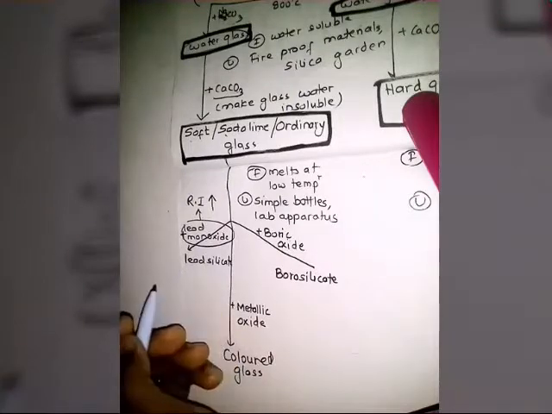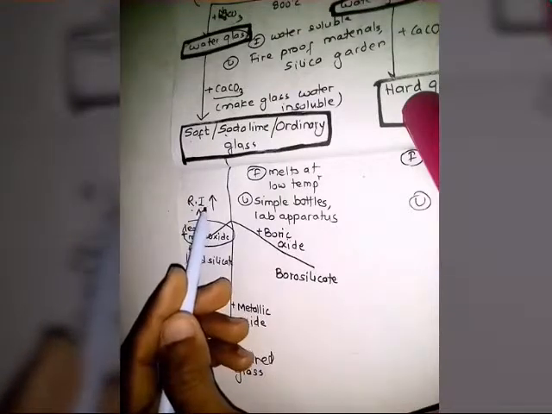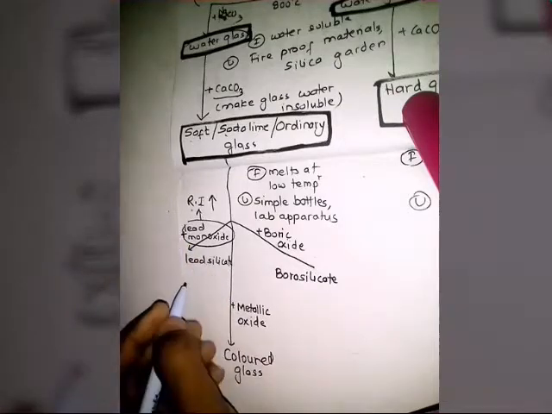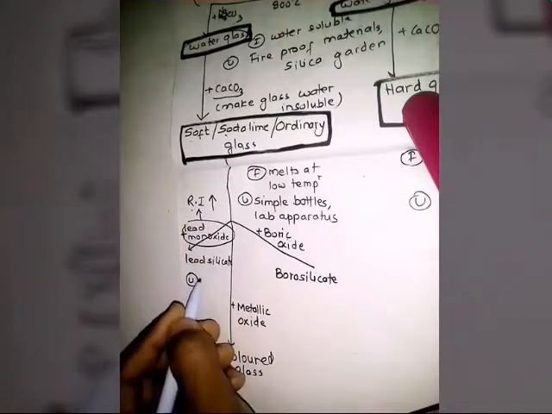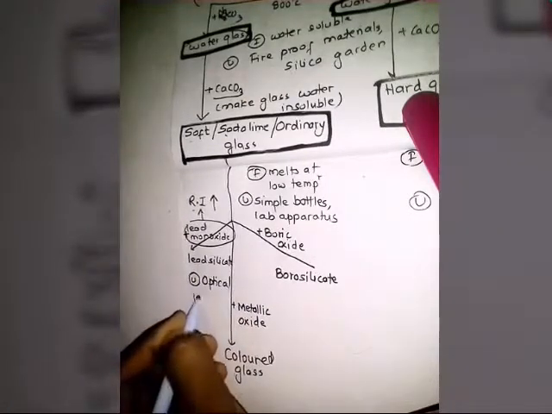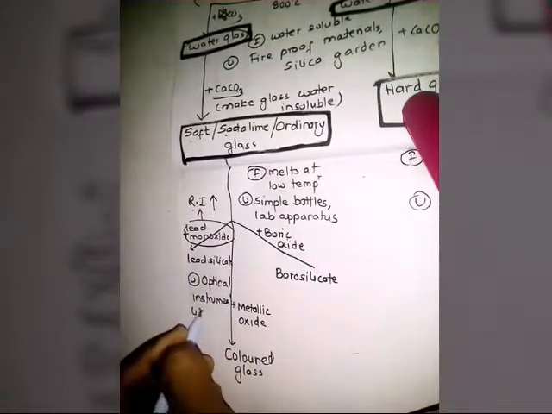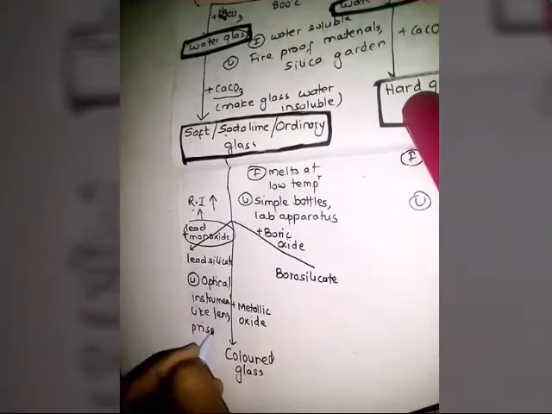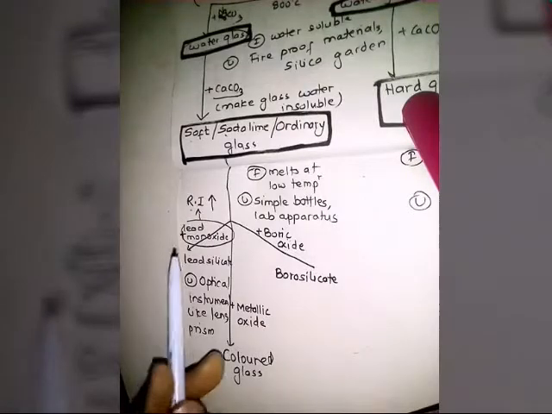So what about feature? We can say that the refractive index is higher, so that is a feature. And if we talk about use, it will definitely be used to make optical instruments, like lens, prism. Okay, so it can be used in binocular like that. So this can be done from the lead